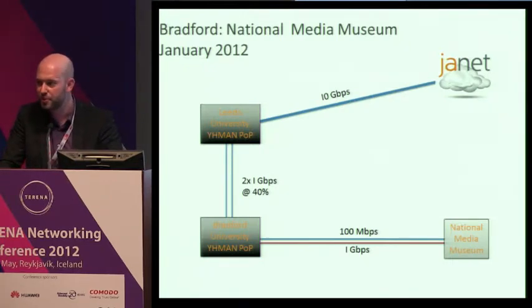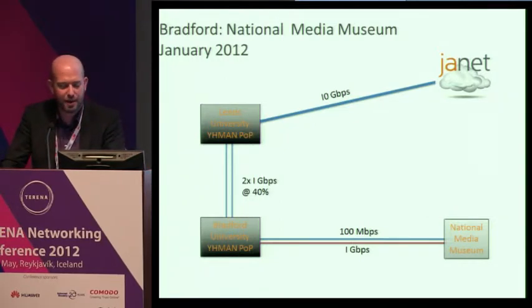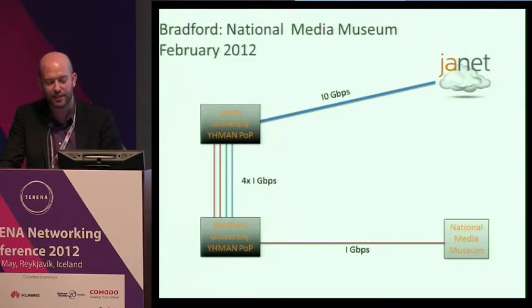The way that routing works, as I'm sure most of you understand far better than I, is that the 2 times 1 gigabit connections there, you can see connecting Bradford to Leeds. The SHV traffic, because it's 2 single streams, they're actually only going to choose one or the other of these connections. So the fact that they're already running at 40% each means that you can't actually use all of the bandwidth available there. It's going to be determined by which connection the IP traffic picks at the time. So we found that we needed to increase the number of 1 gigabit connections between Leeds and Bradford. Luckily then, this connection was due an upgrade anyway, so we skipped straight to the